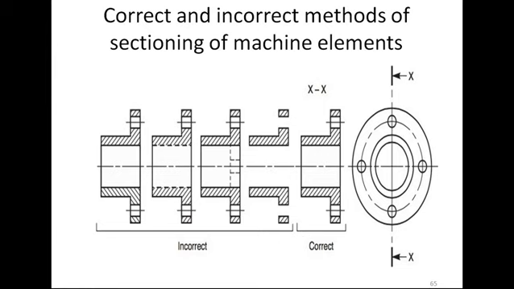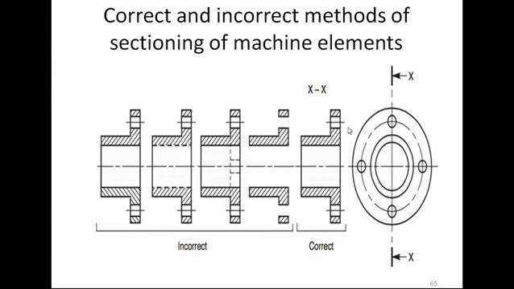The next slide we have already learned. Again, for review purposes, I have added it in this guideline, because the guidelines are very important, and this slide is very important. Here we have taken a cutting plane, and then we want to section. This is a full sectional view. We will remove the half part, and then we see how it looks from this side, because this shows the direction of view. So this is the correct method for hatching.